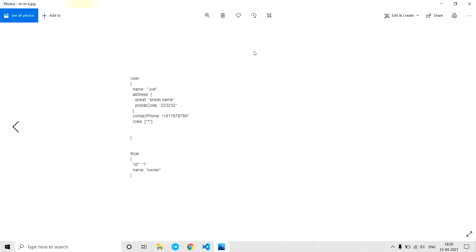We just create a collection with the roles without storing the user IDs. We just store the role IDs in the user table, guys. So even if we have millions of records, each of those million documents will have a key called roles. That key will just contain the primary keys of the role documents. So if a user has 10 roles, we just have an array of 10 primary keys in the roles key of the user table. So no need to store the user ID in the role table. Hope you understood the N is to M relation.